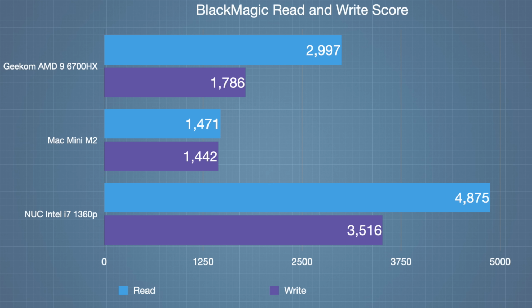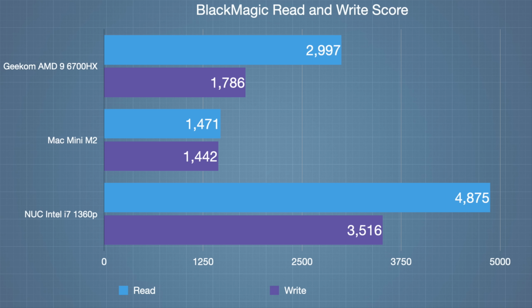The Mac Mini M2 was the poorest, and we have heard of this before, that Apple cheaped out with the Mac Mini M2 this year compared to the M1, and that's to do with the NAND chips that they're putting inside it. So it is slower this time round, but the NUC, the Intel i7, actually came out in front this time with the fastest SSD inside it. It's getting a read score of 4,875, and a write score of